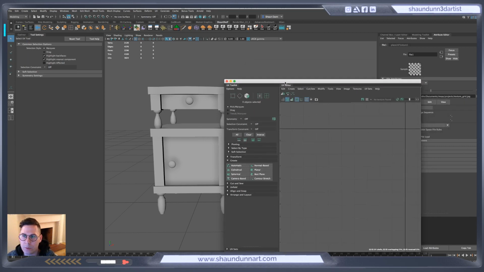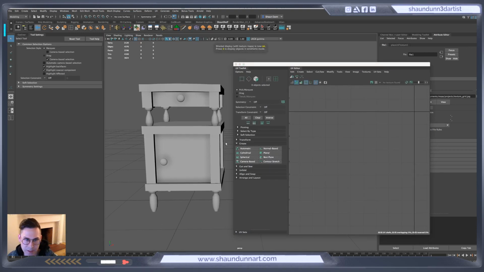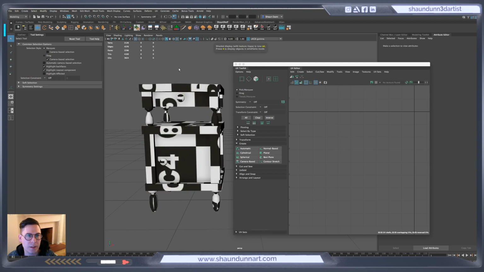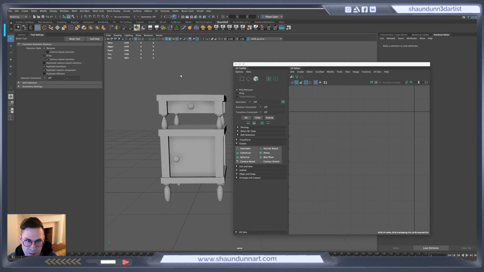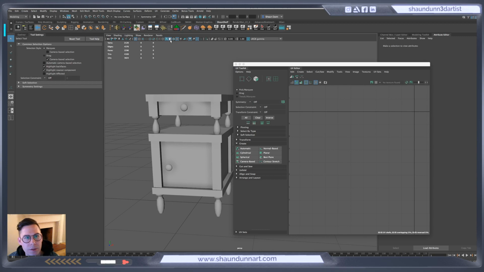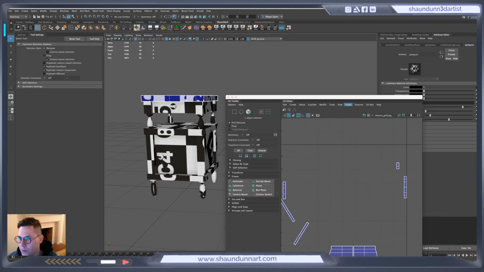All right, so we've applied the texture and we can't see it, so we're going to press 6, and we need to make sure that we are, oh, and I got to turn that off first too. So a lot of times I just turn on the default material, just kind of quickly covers up everything. But even when you have a texture applied, it will just cover it up with the default material. So we're going to undo that, and now we see all this crazy stuff, and we're going to grab just any piece and